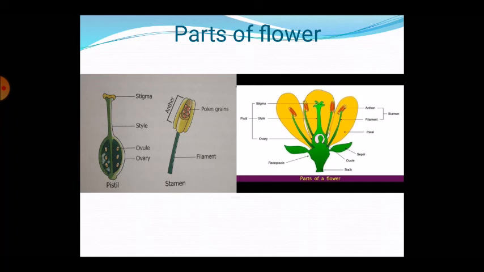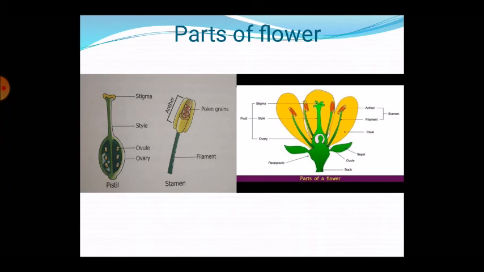Pollen grains are a powdery substance which have male gametes, reproductive cells, in them. Pollen grains are also known as pollen. They look like dust or powder. The number and kind of stamens varies from flower to flower.